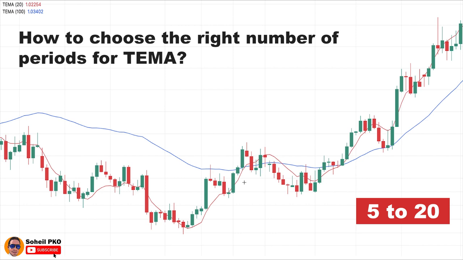5 is very fast and it's more commonly used in conjunction with longer moving averages or other tools for trade entry trigger. Moving average with length of 10 is very popular among short-term traders, and moving average with length of 20 is usually the longest moving average that short-term traders use. Moving averages longer than 20 are usually considered a primary level for short-term traders to identify major movements of the